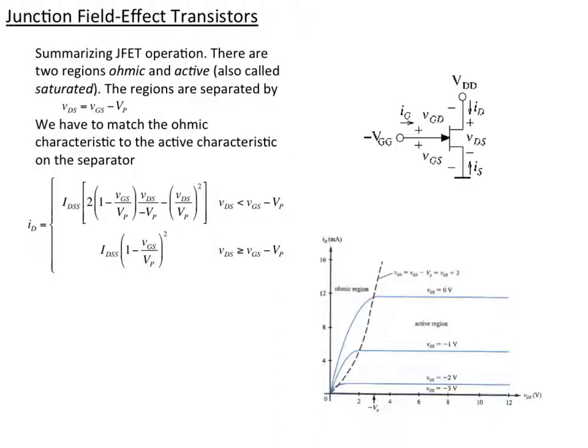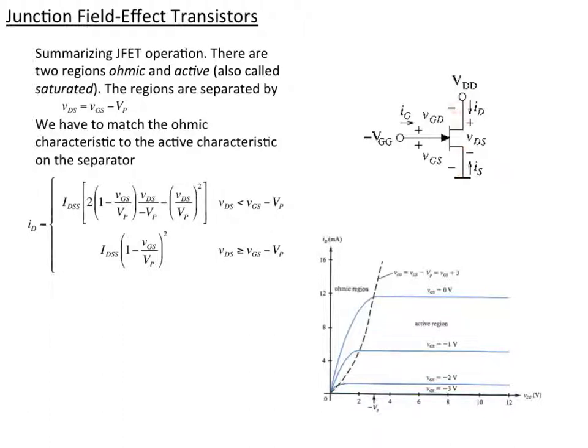Okay, so summarizing JFET operation, there are 2 regions, the ohmic region and the active region. We sometimes call this the saturation region. That's confusing because in BJTs, active and saturated mean different things. Here they mean the same thing, which is what we normally mean by active in the BJT case. The separation between the regions is given by this line,